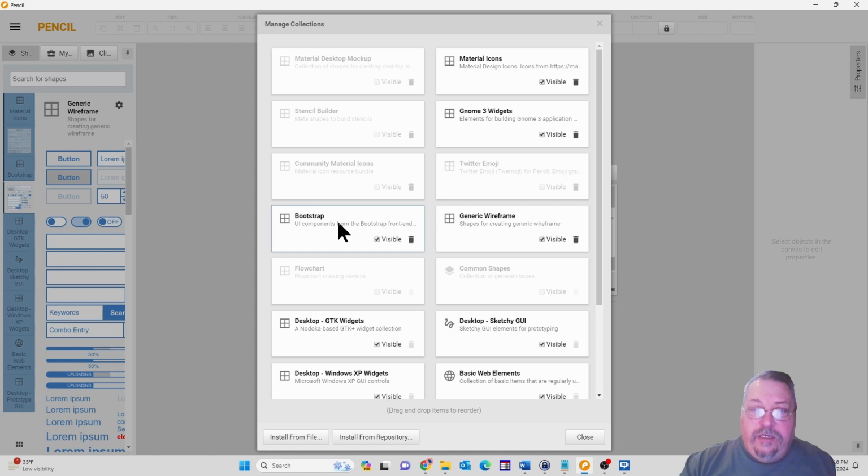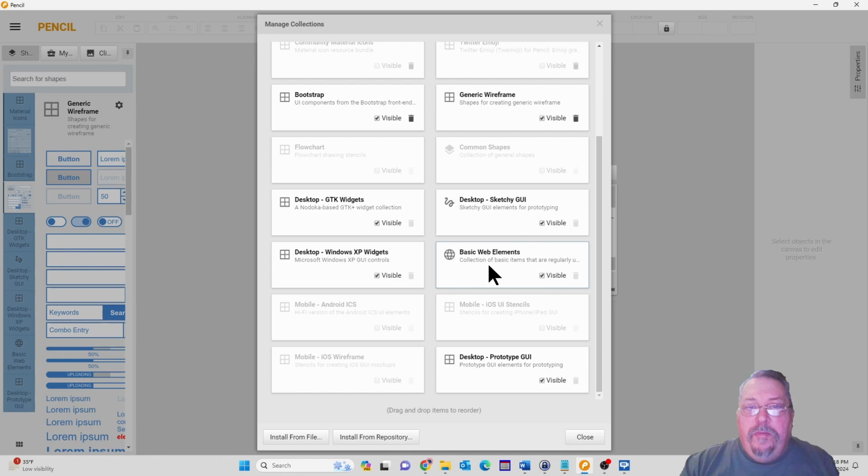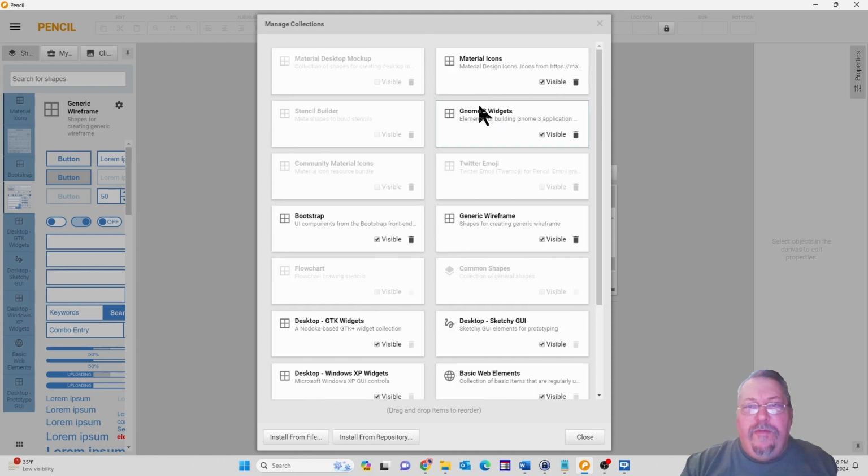I suggest that you do Bootstrap, Wireframe, Desktop Sketchy GUI, Basic Elements Visible, Windows XP, and Desktop GTK. The generic wireframe, if I didn't say that already,